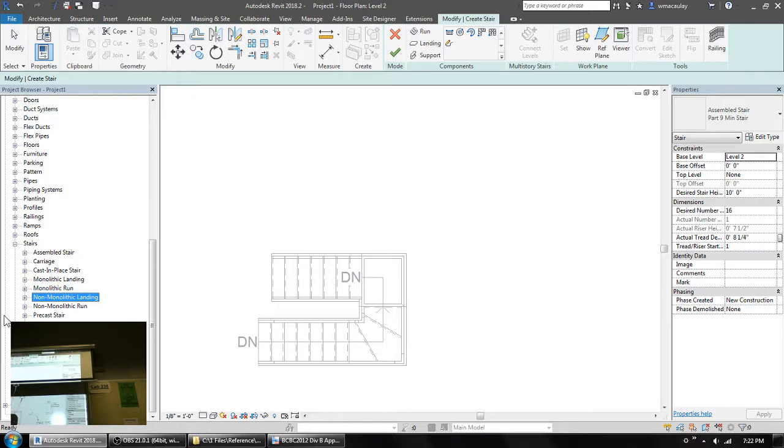So in these three folders are all of the different stair styles that you would use in a project, and that's why they're bold. You can see that there's one extra one on the precast here. This is stair. This is the old school sketch-based stairs, and